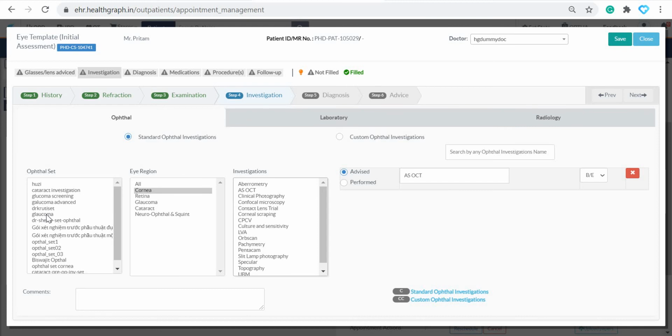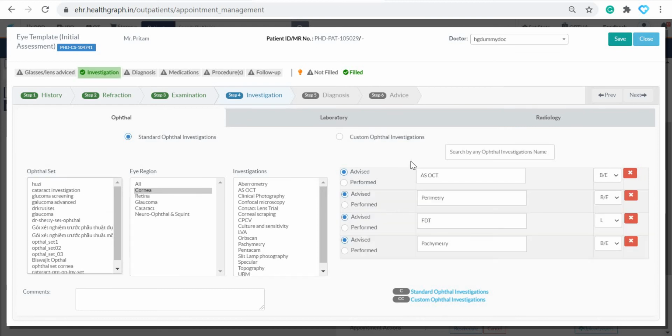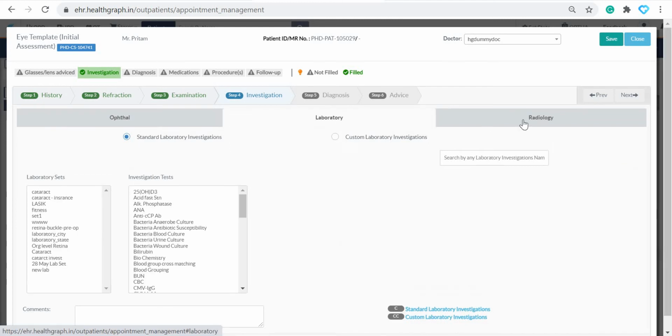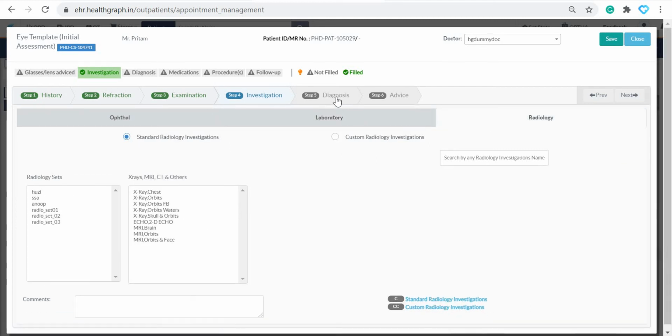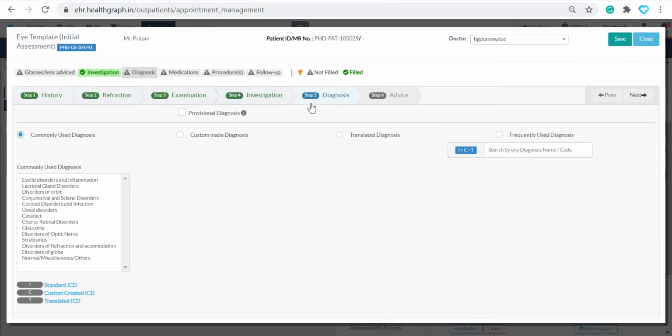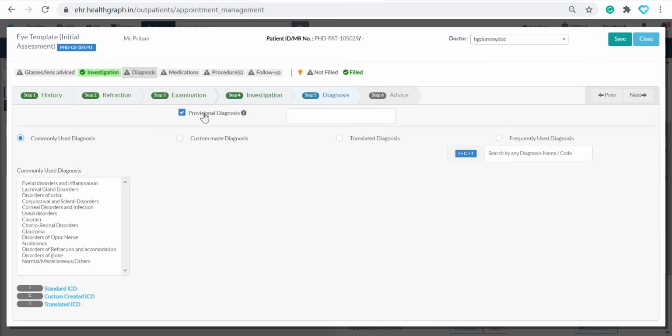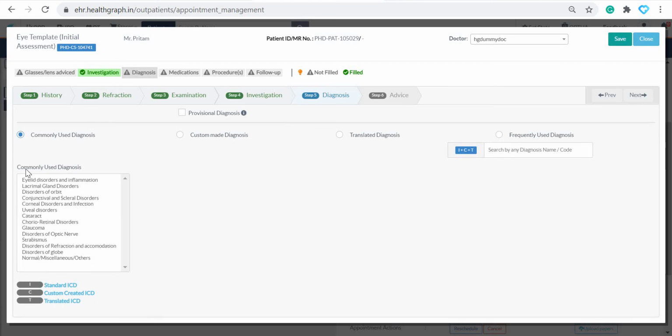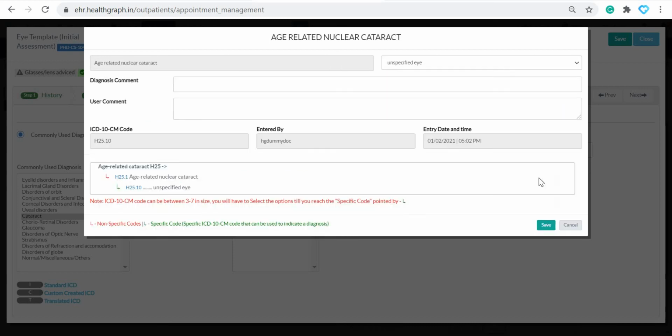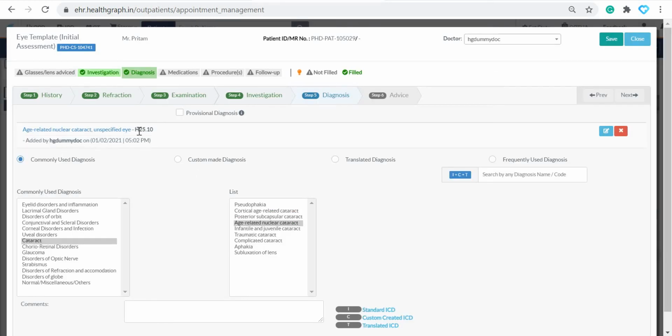Let's say in glaucoma, a set, you can make like this in one click, all the glaucoma related set will appear like this. And same is true for other investigations as well. And then you have an option of diagnosis here, so you can advise even provisional diagnosis, or again from the most commonly used diagnosis, these are which we have listed here. But anyways, you have a search bar which includes 90 plus K ICD diagnosis library. Any diagnosis they want to advise, you can advise from here. So all are ICD-10 database, right?